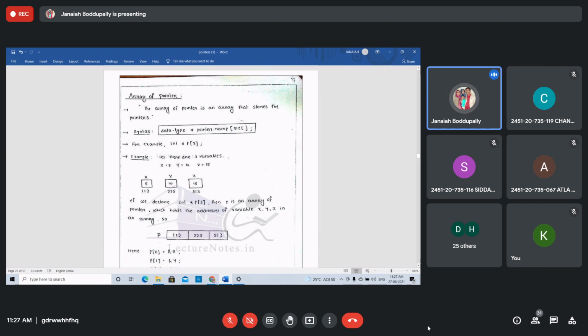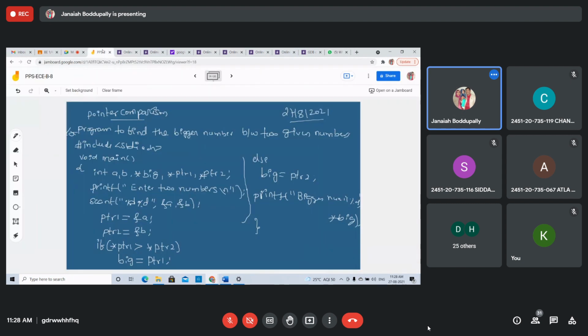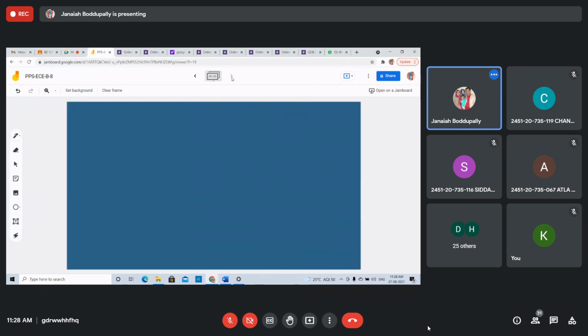Array of pointers is an array that stores the pointers. Yes. We use the pointers in an array. The array of pointers is an array that stores the pointers. Very simple.